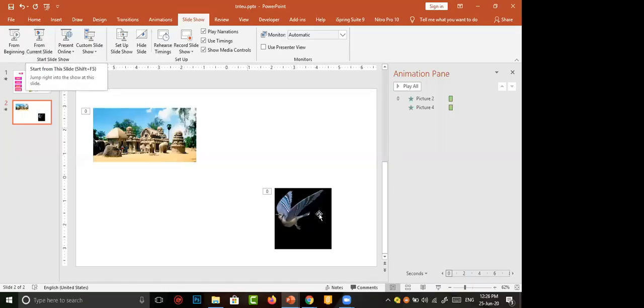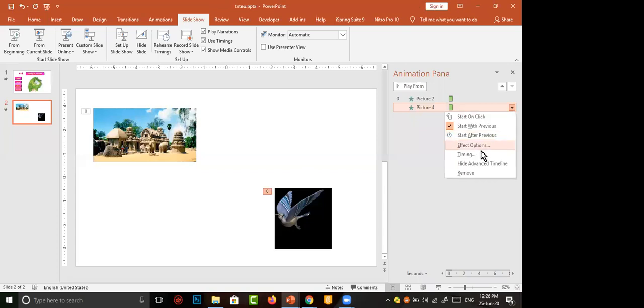This time I want to change this animation. I select the picture, then move to the animation pane. I go to the down arrow. Then I click start after previous. Just see here.